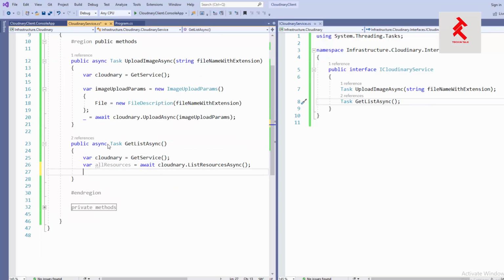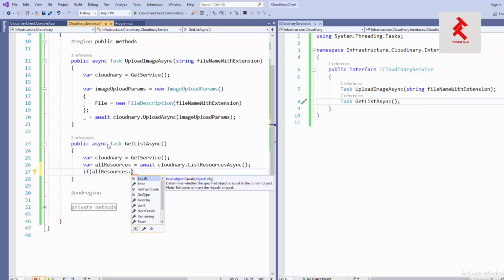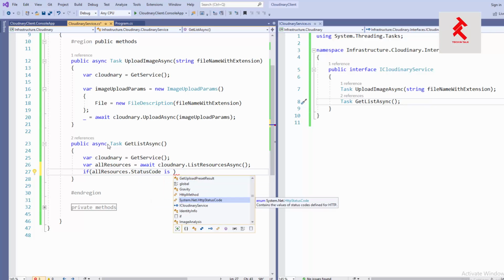So for that one, let's say if all resources dot status code, which is